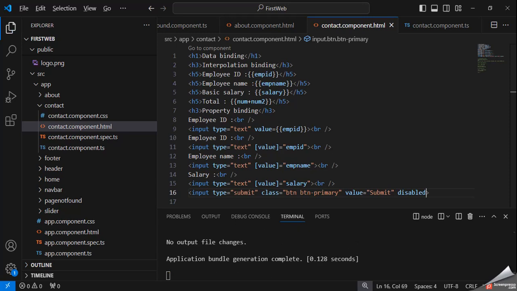Currently this is disabled. But suppose we want to handle this enable and disable from the TS file.